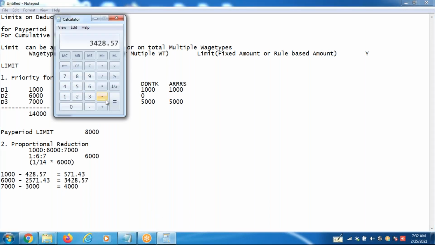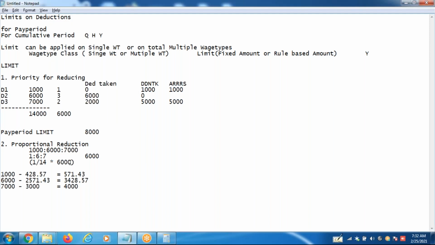So total is how much? This plus 571.43 plus 4,000. You get 8,000 total. So after reducing these amounts, the total of all deductions will be 8,000. Clear?